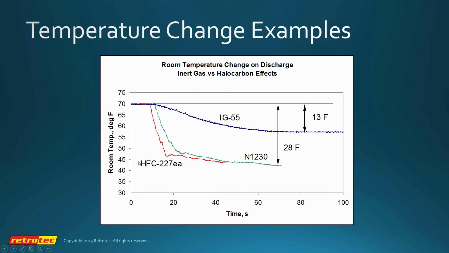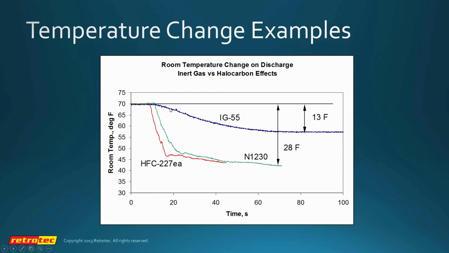It's dropped from 70 degrees down to 45 degrees in around, what is that, 6 or 7 seconds. So a massive thermal shock in the room. Both HFC 227ea, FM200, or Novec perform very similarly. As you can see, the slope of the curve is relatively the same. They don't produce exactly the same negative pressure spikes because the heat content of the agent is different, but they are similar. So we're talking about 28 degrees F here over a very, very short period of time